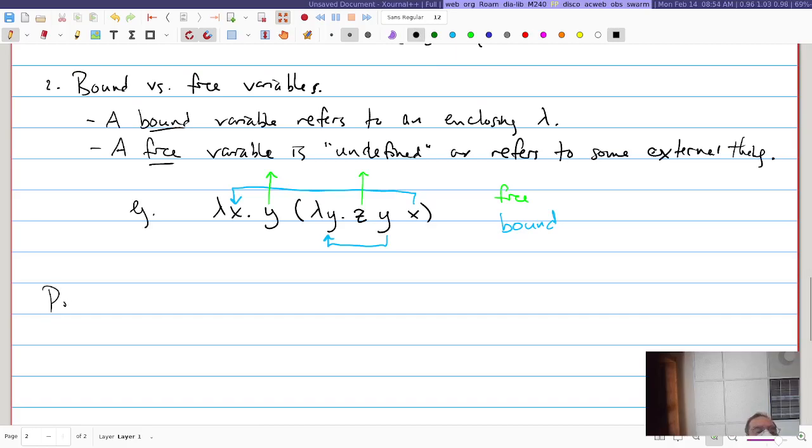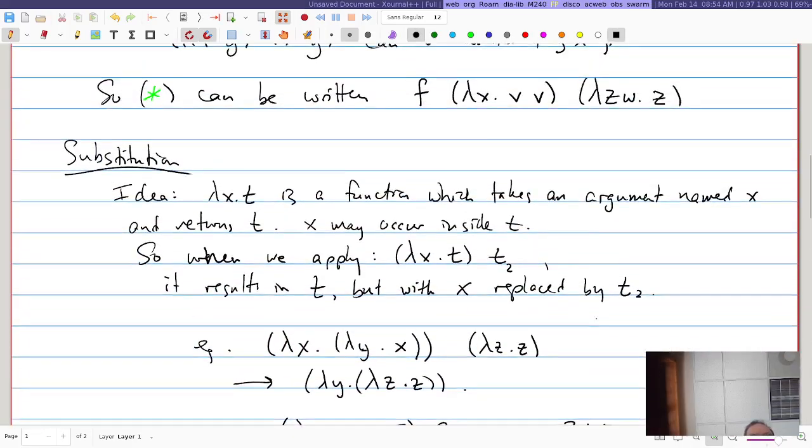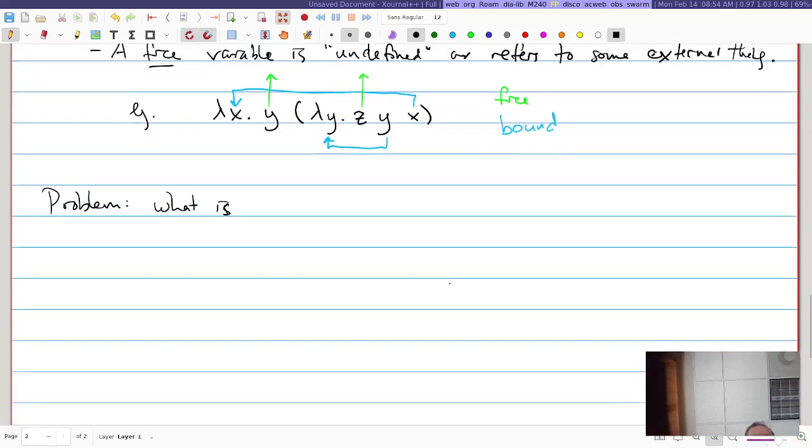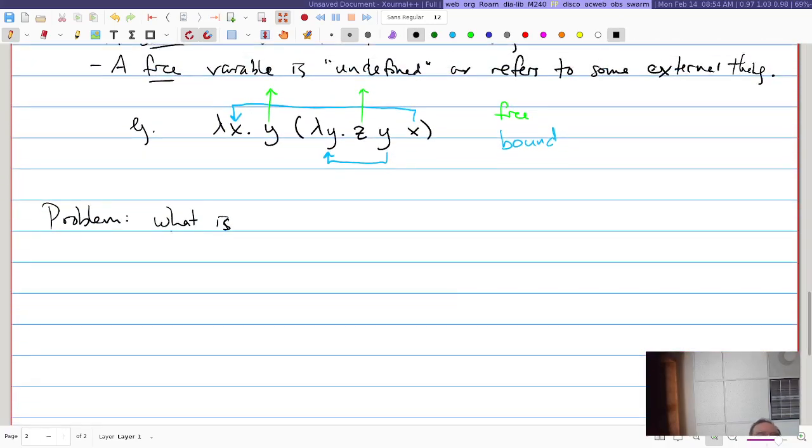So here's a problem. What is... so what did I write? I didn't write the notation for this today. I'll just say, if we substitute lambda z dot y z